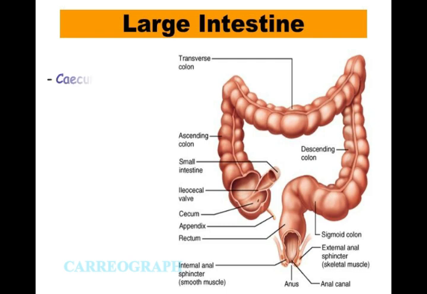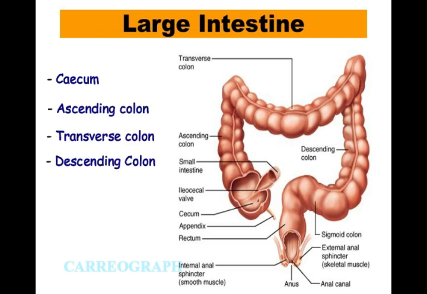These are the cecum, which is attached to the small intestine, and the junction has a valve called the ileocecal valve. After the cecum, we have the ascending colon, then transverse colon, then descending colon, then sigmoid colon, and then the rectum, followed by